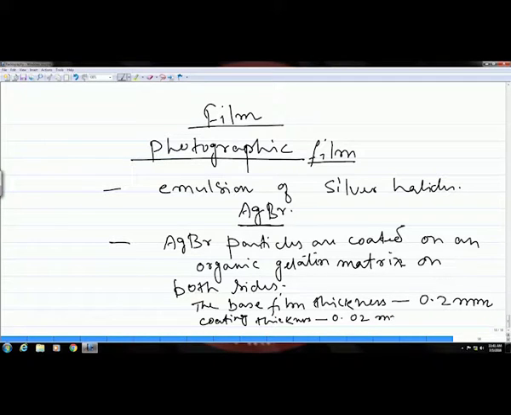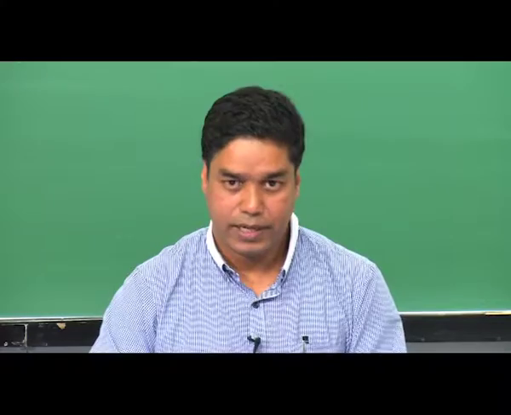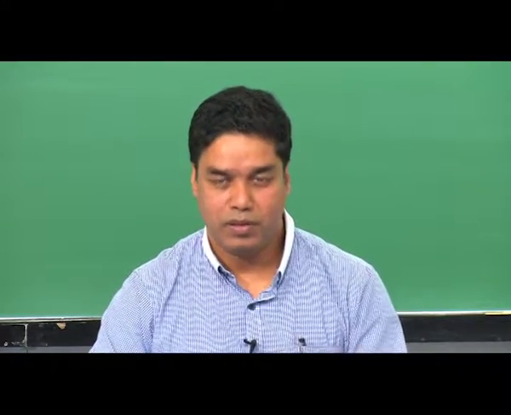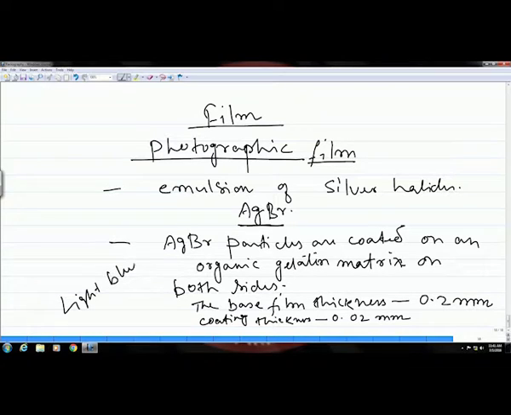Okay, so this is how the film is made. You have this emulsion which contains these silver bromide particles, and this emulsion is coated on a plastic material like a gelatin matrix as a thin coating. And if you see this film before the exposure, it looks like a light blue color film, but we have most of the time seen it as a black color film, because when it is exposed it becomes black.